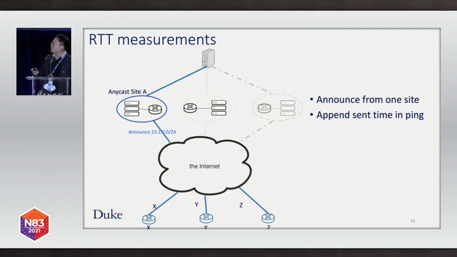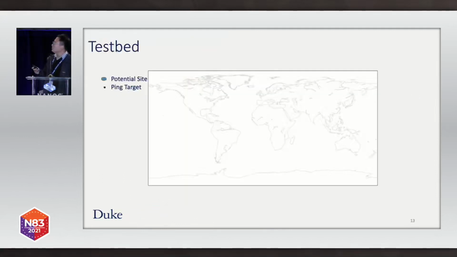And the client's reply will return back through the same tunnel. Then we can get the round trip time by subtracting the tunnel travel time from the total travel time. So in order to evaluate how many clients can actually have a total order, we deployed a moderate Anycast network